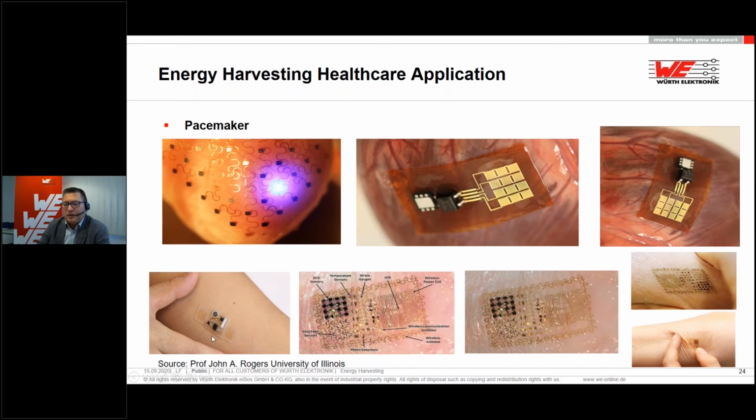This is the first prototype you can see here, with the multi-layer chip antenna, the storage inductor and some discrete components. And right now they have developed this kind of sticker with solar cells and ECG sensors, and blood temperature, blood sugar, body temperature, humidity of your skin. It's really crazy. You can just stick it to your skin and even go in the shower. It's no problem. It's waterproof, and it works harvesting on your skin,